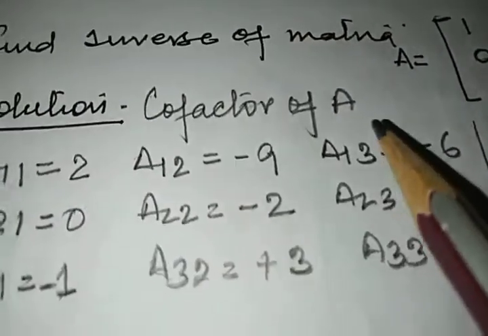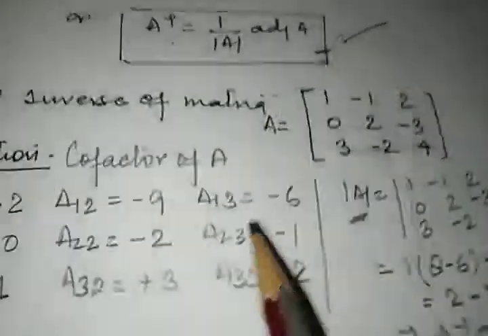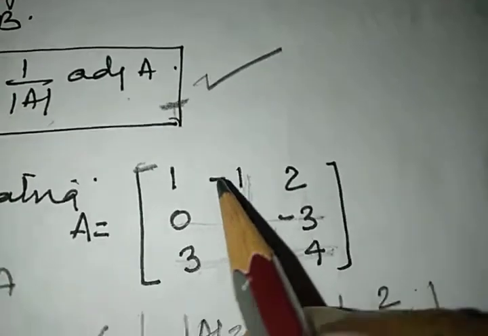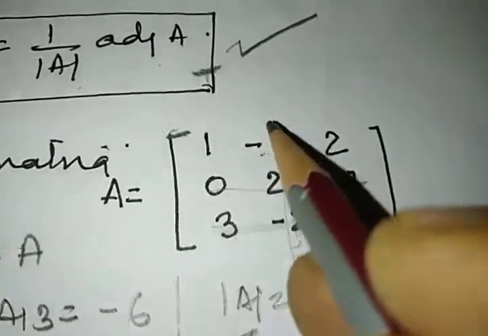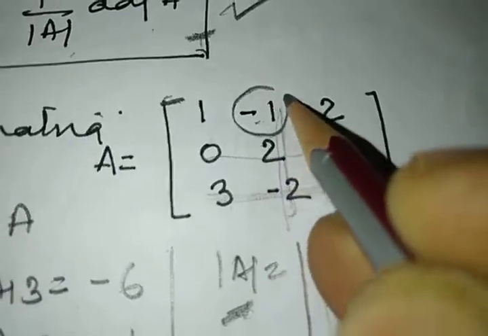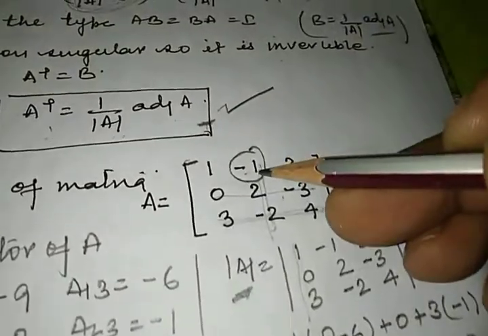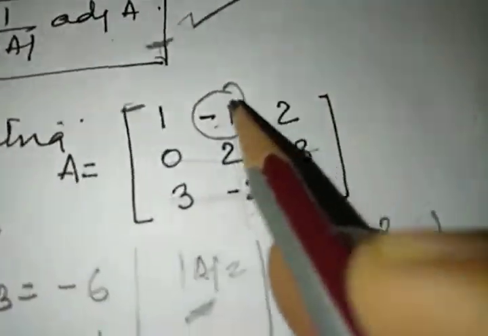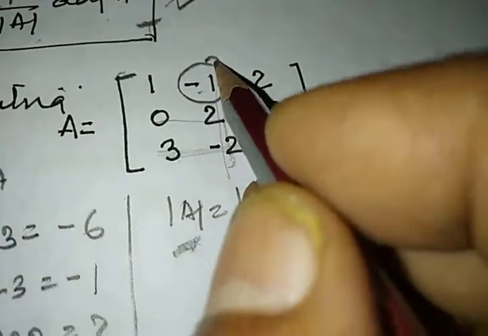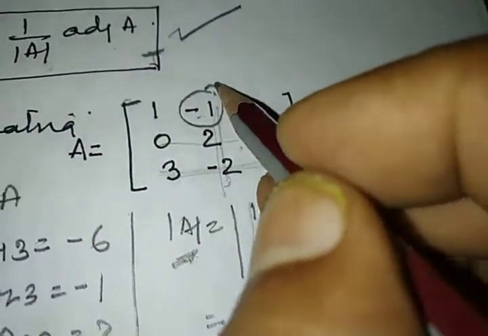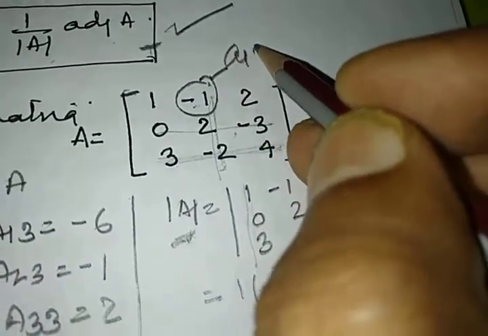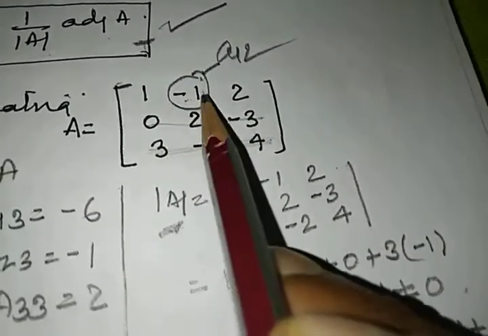Now see, we have to find the cofactors. So here I have found the cofactors of all. Here you remember the cofactor of this element, the cofactor of this -1. This -1 will be taken as one element. Don't count -1 as the minus sign separate and the one separate. This will be considered as one element and you have to find the cofactor of this element. This is your A12. Don't confuse with the minus sign; it will be taken together with 1 only.